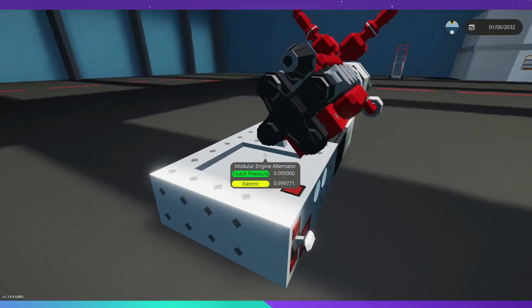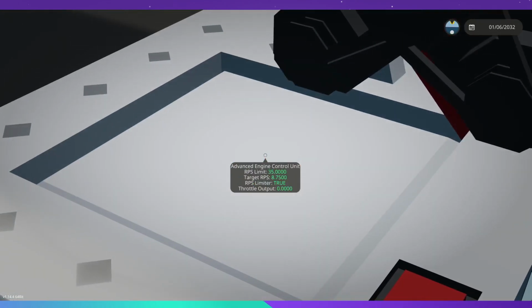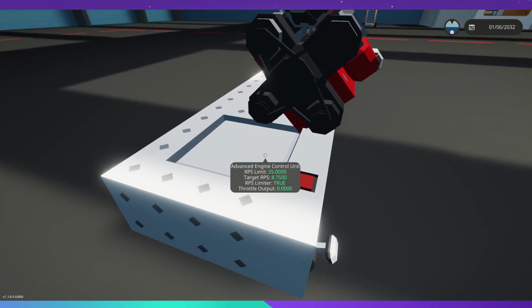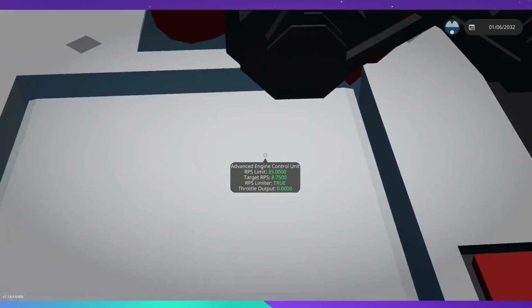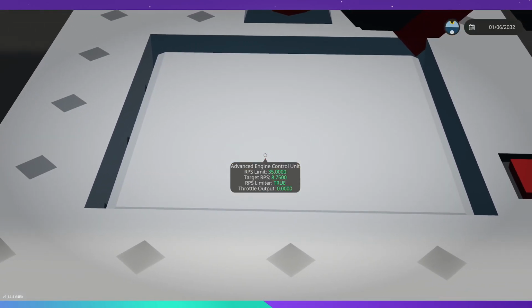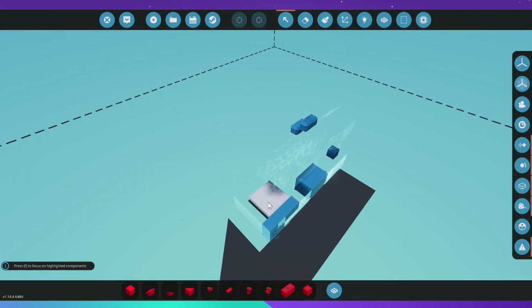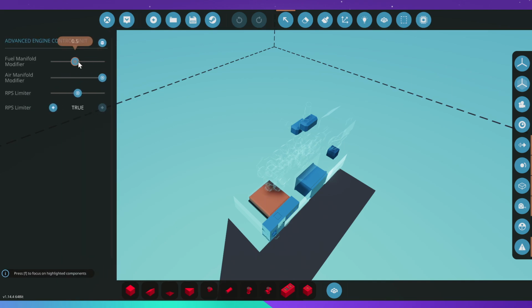So we got my new engine control unit here. It's called Advanced, even though it's not overly advanced, it doesn't use any composite or anything. And you can see I added some little tooltip pop-ups for numbers. So we have the limiter for RPS, because that's a new thing that I added. It's got a couple of things, more like debug info, but you can see we have the same fuel modifier,